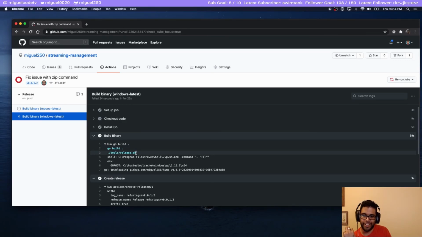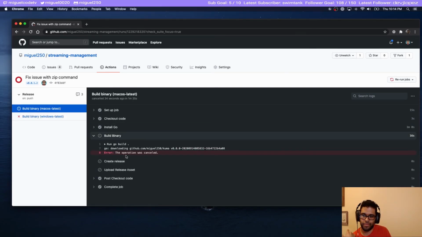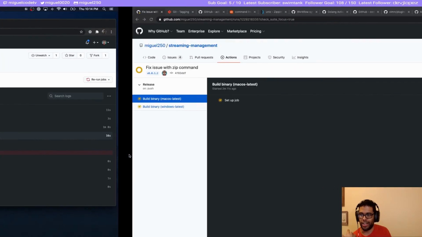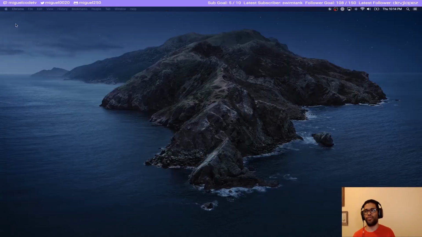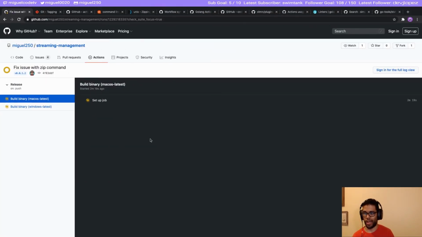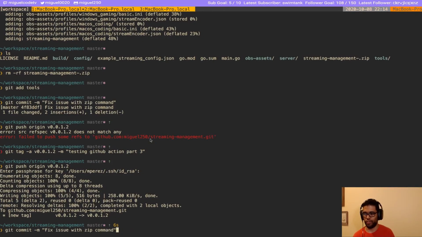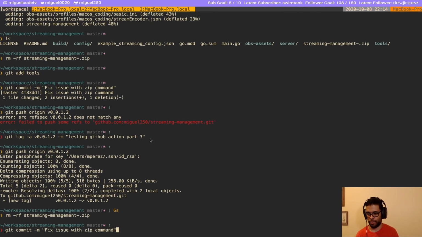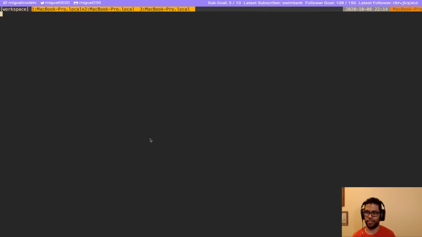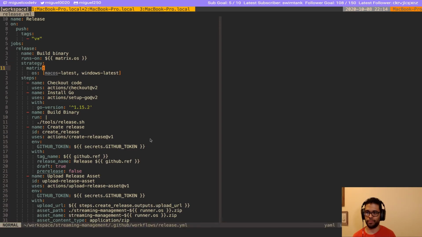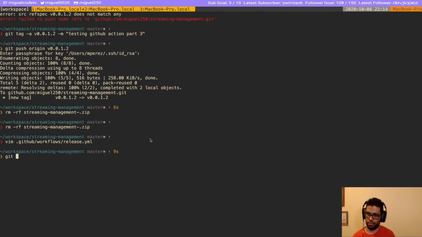Yeah. So I will have to write a... okay, so for now I'm just not going to do Windows because I have to use a different command to be able to build the Windows one. So instead of using the script that I'm using, I will have to use a different script just because I cannot run bash, which makes sense. Okay, so for now I'm just going to take off Windows. And then I will write a command that lets me